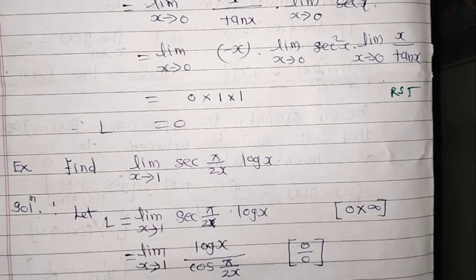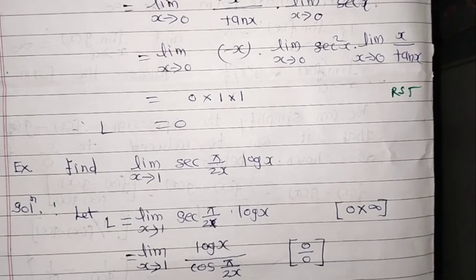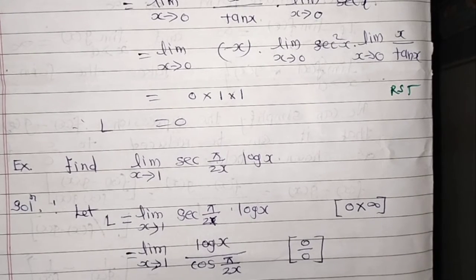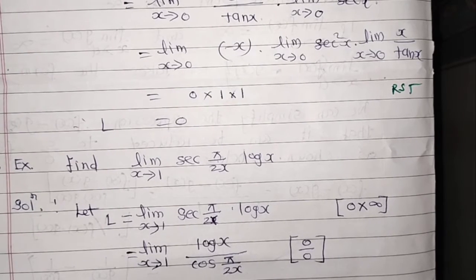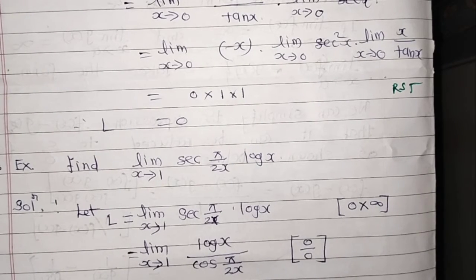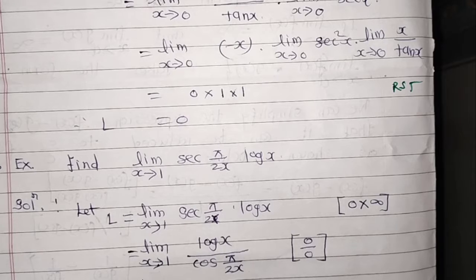This is equal to limit x tends to 1, derivative of log of x is 1 upon x, and this can be simplified as derivative of cos is minus sin of pi upon 2x into minus pi upon 2x square into 2, which is equal to limit x tends to 1 upon x divided by sin of pi upon 2x into pi upon 2x, minus minus plus, is equal to limit x tends to 1, 2 upon pi into x upon sin of pi upon 2x. Hence L equal to